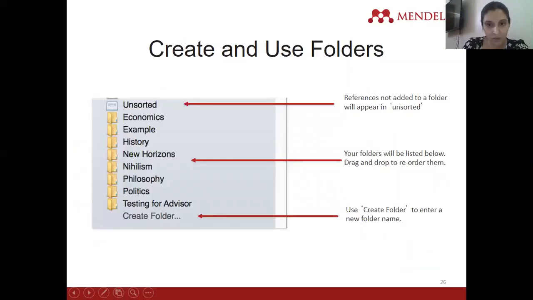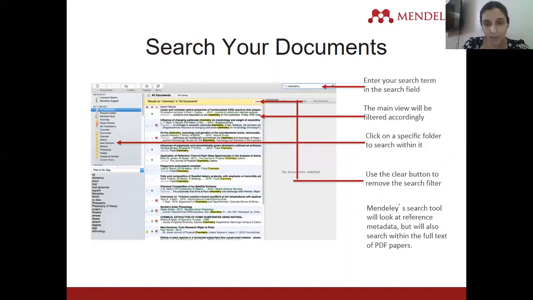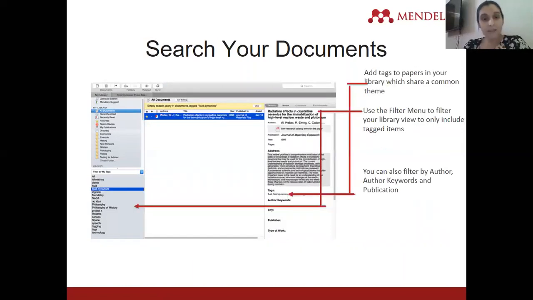I will also show you. These are the folders. Here it is history, philosophy, etc. I had made religiosity, materialism and all that. I have told you how to drag a file into the folder. That also you have learned. So now you know that if this is all my documents, it shows all documents. So I say, okay, these two documents should go into this folder. I can simply drag and send it there. Even that you have learned.